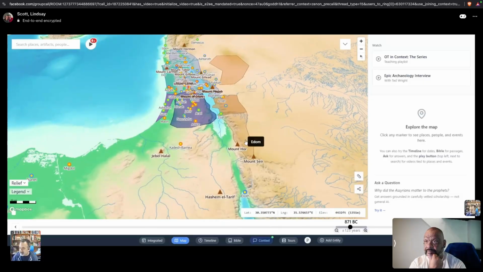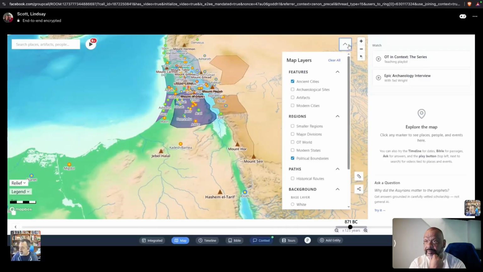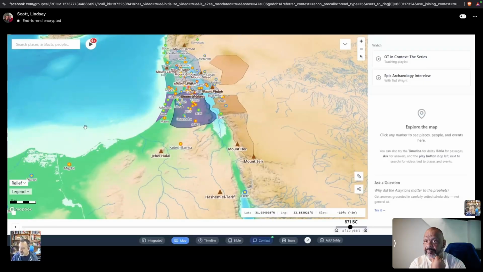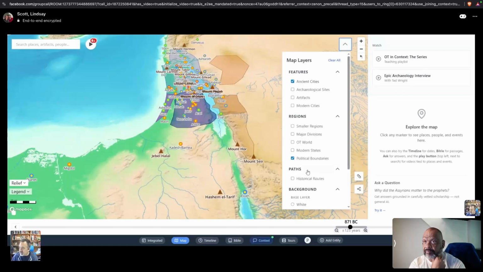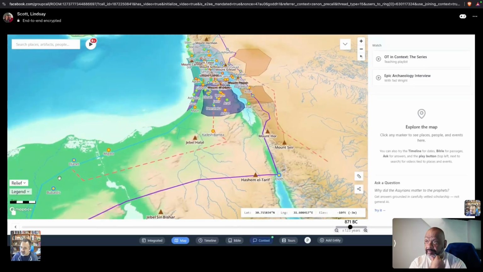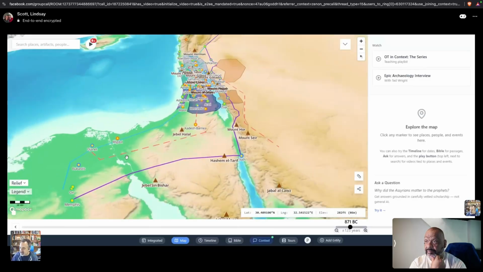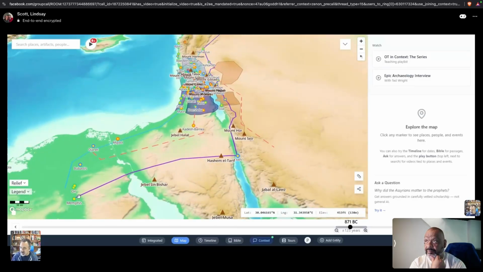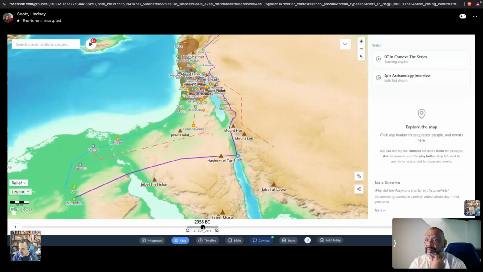But yeah, that's just a quick, I say quick, but it maybe didn't seem quick, look. Let me show you one more thing here. I've got historical routes. So during this period, this is the King's Highway. This is the Via Maris, Way of the Sea, and this here was the Way of Shur through the desert. But I meant to come back here. If we come to 1466 or so,